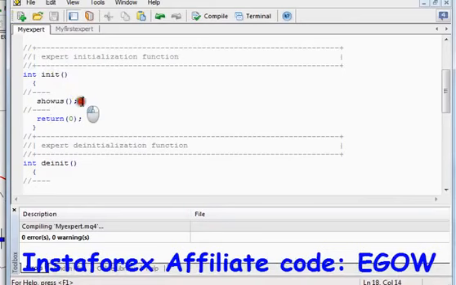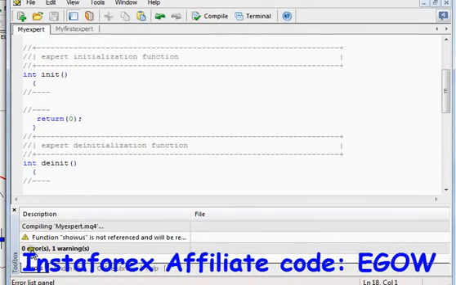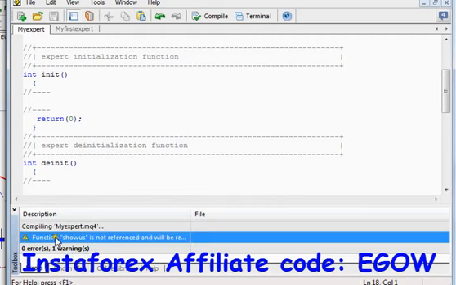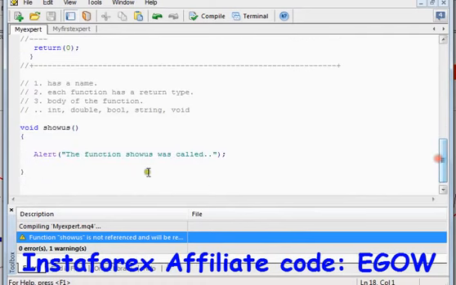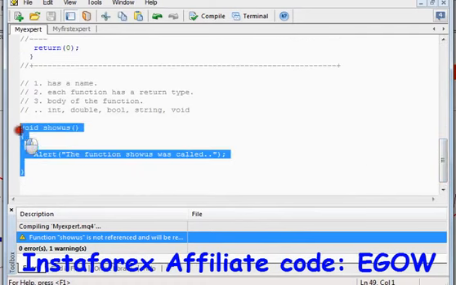If we don't call this function from any function at all and compile the code, it will say no errors, but it will give us one warning, saying that function ShowUs is not referenced, and it will be removed from the ex5 file. That means that this function is created inside our